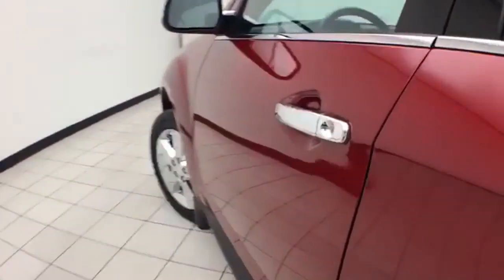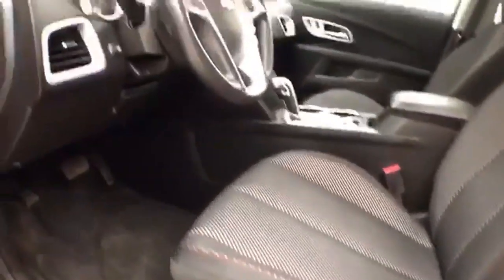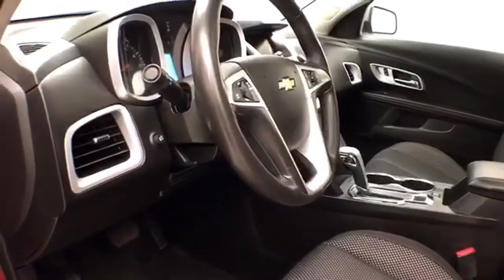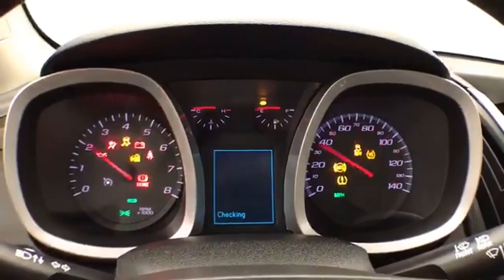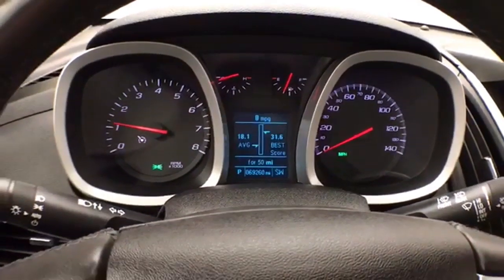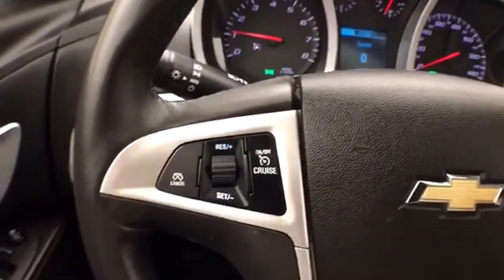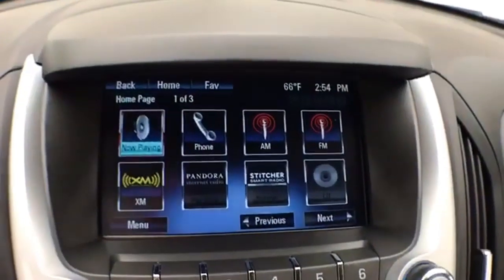This LT has keyless entry with remote start, power windows, locks, mirrors, power driver's seat, along with a tilt and telescopic steering wheel to put you in that perfect driving position, power moonroof, with driver information system, cruise control, steering wheel mounted audio controls so you can keep your hands on the wheel, large touchscreen infotainment system,